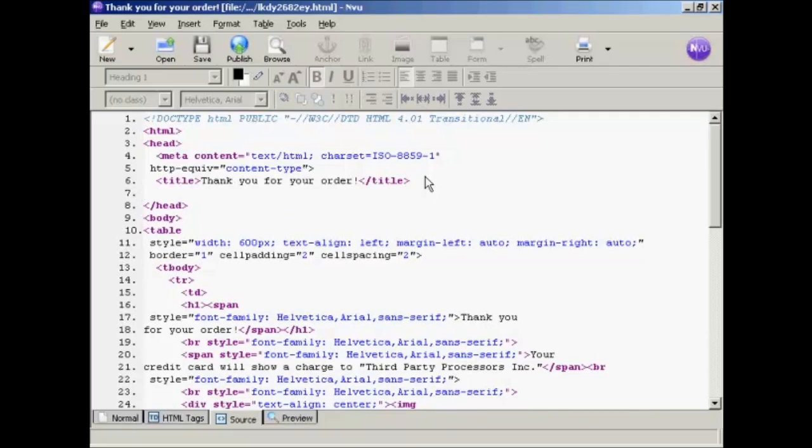So we type here left arrow meta space name equals quotes robots close quote space content equals quotes no follow, no archive, no index,